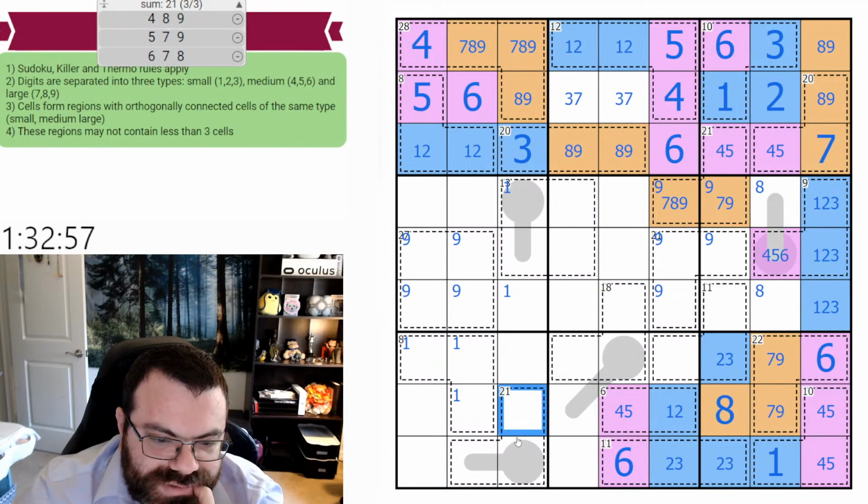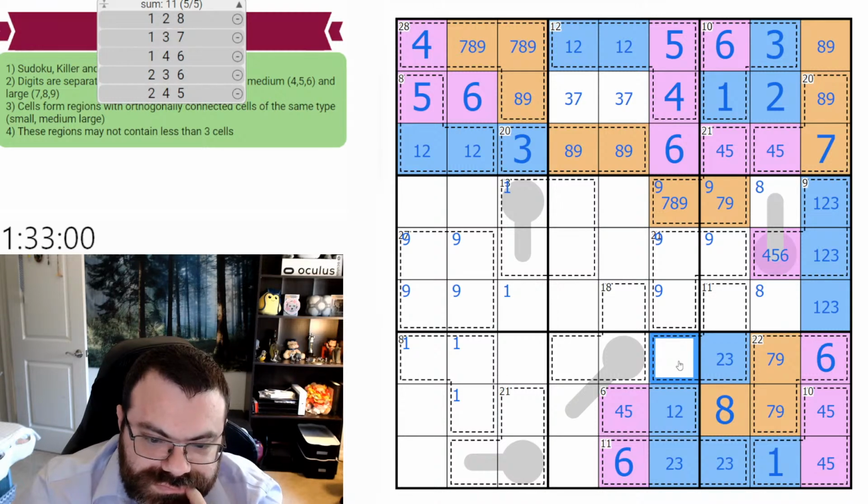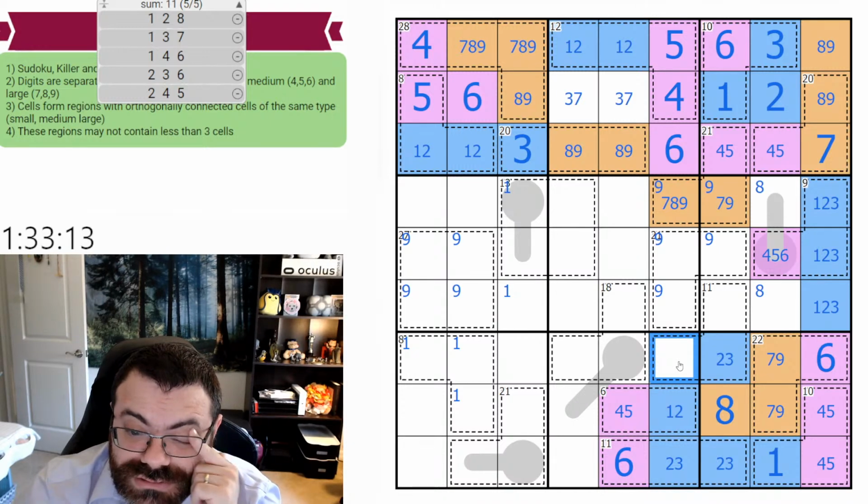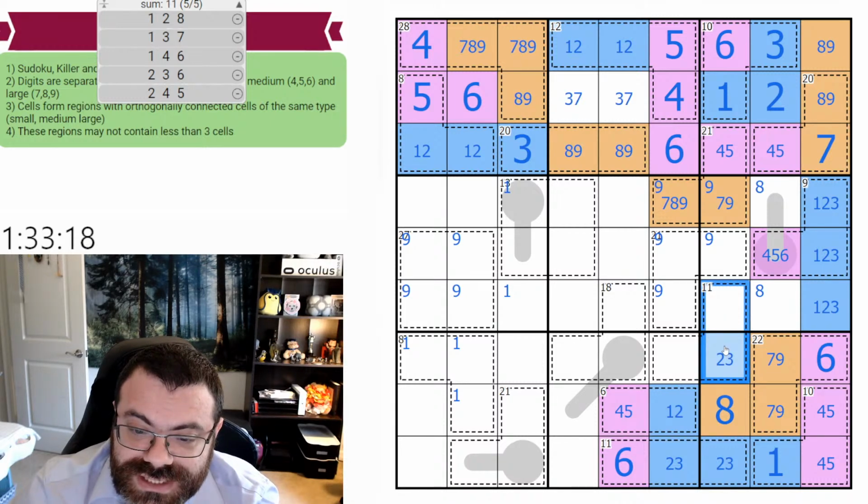Look at row 7, column 6, maybe. I don't see what to do with that. Well, this cell's at least 4. So these add to at least 6. So we can't exceed 5 here. So this is from 1, 2, 3, 4, 5, but it can't be 5 or 4. So I guess it is low. Interesting. So these are 2 lows. They add to at most 5, so this has to be